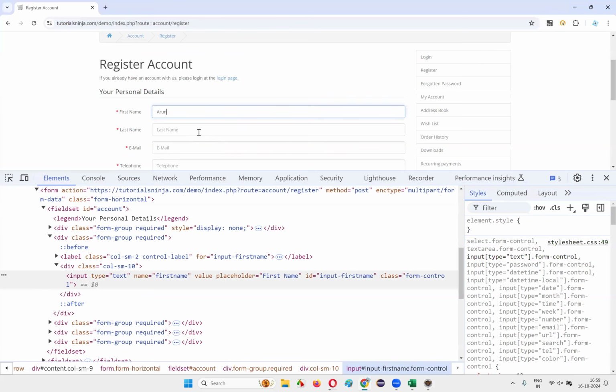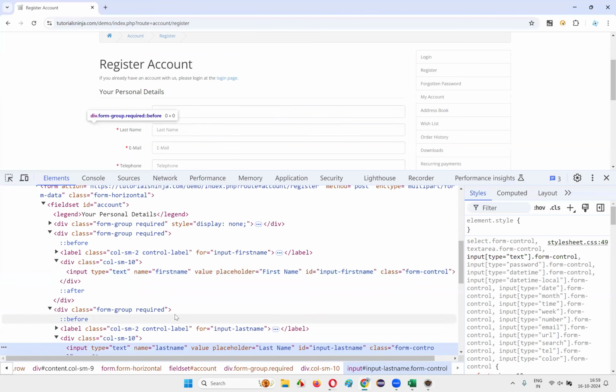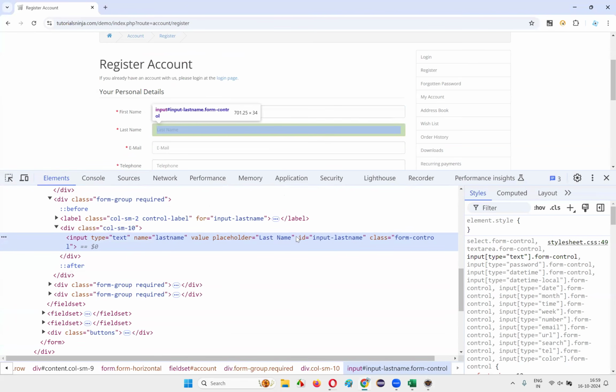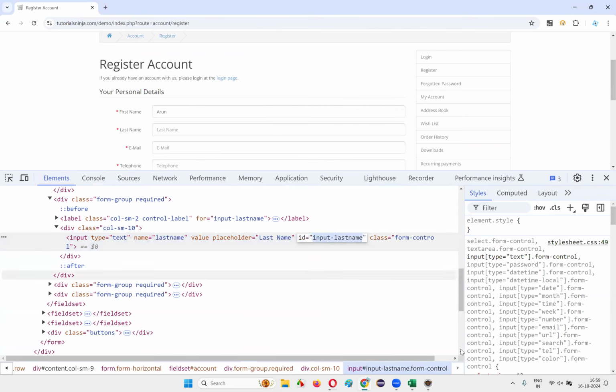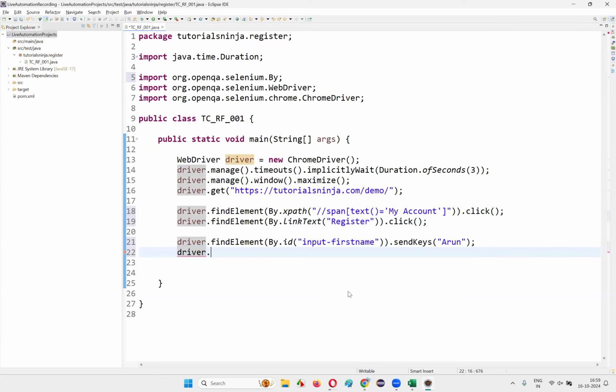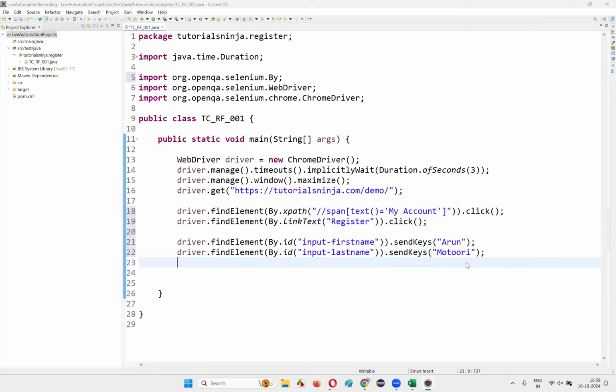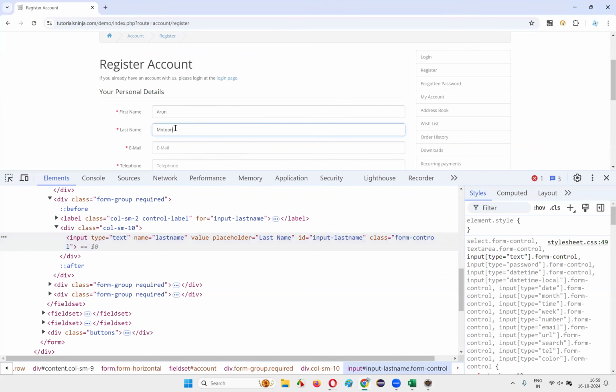After that, I would like to inspect this last name field, and here also an ID is there for the last name field. Copy this ID locator and simply say driver.findElement(By.id). Provide the ID of the last name field here and say .sendKeys, and here I'll give Motori. Okay. Once I give Arun and here Motori,